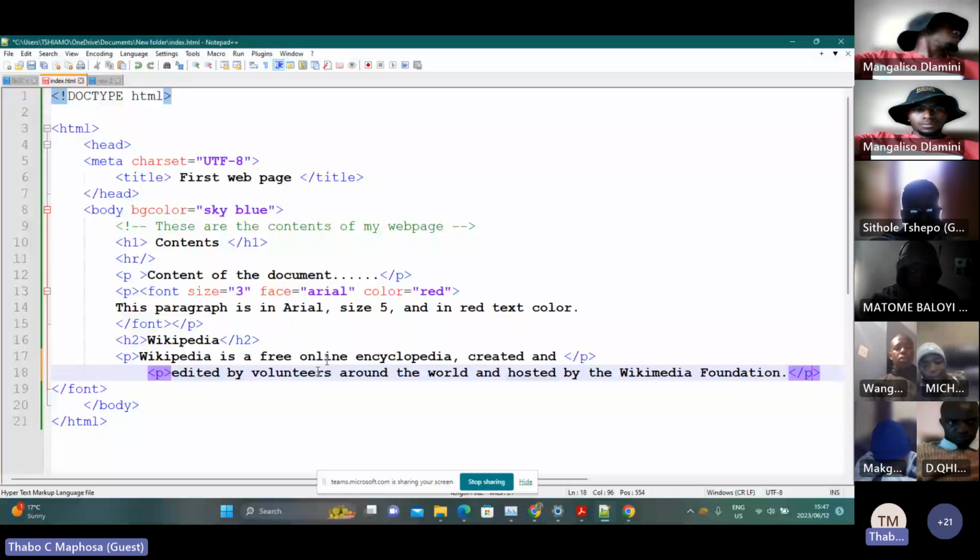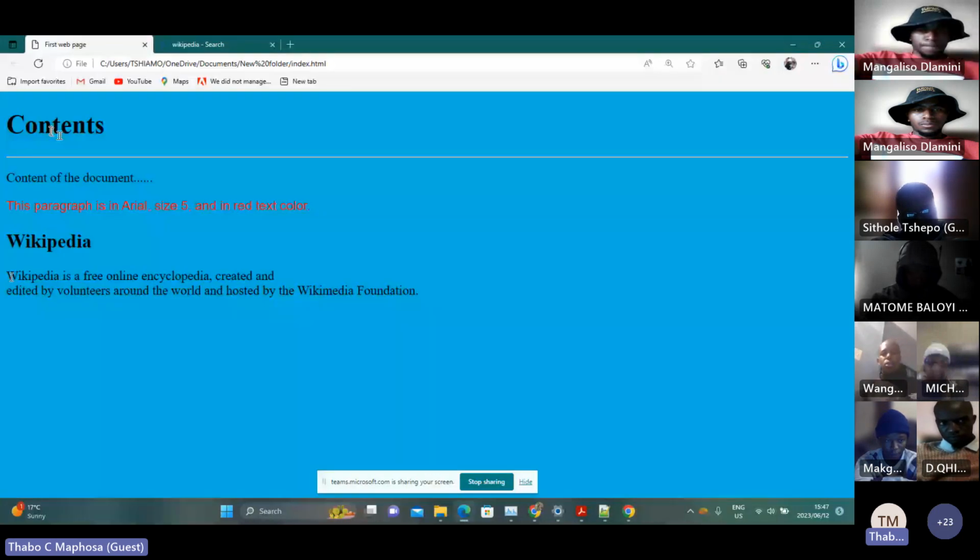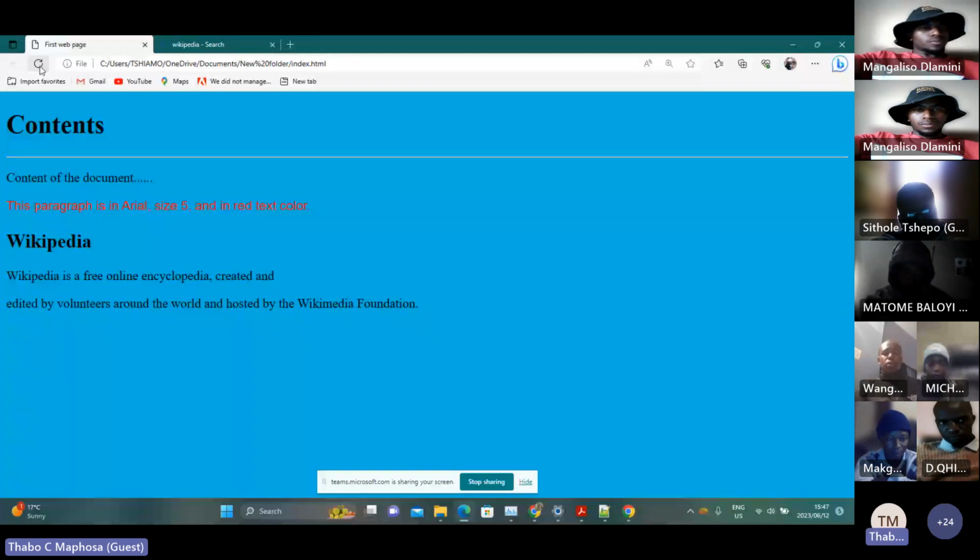You just observe the space in between Wikipedia, that line there, this line here, and this line. Notice the space in between. Notice here now, there is a huge gap in between. So a line break simply means it breaks this, creates another line underneath, but it doesn't create a paragraph. But when I'm creating a paragraph, it will leave an entire paragraph spacing here. You notice there's a difference between a line break and a paragraph.